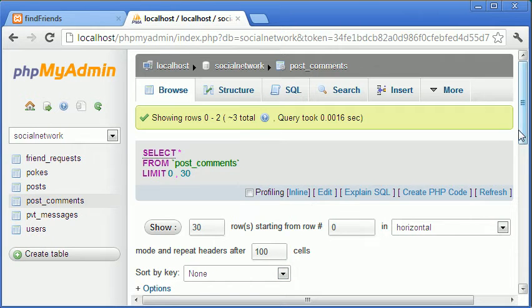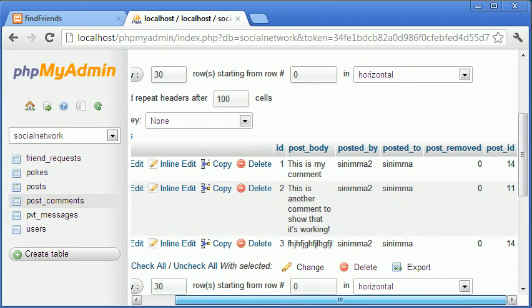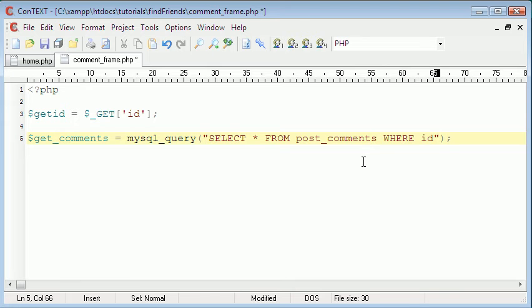If we scroll down and look in here for the post ID field, it's where post_id equals